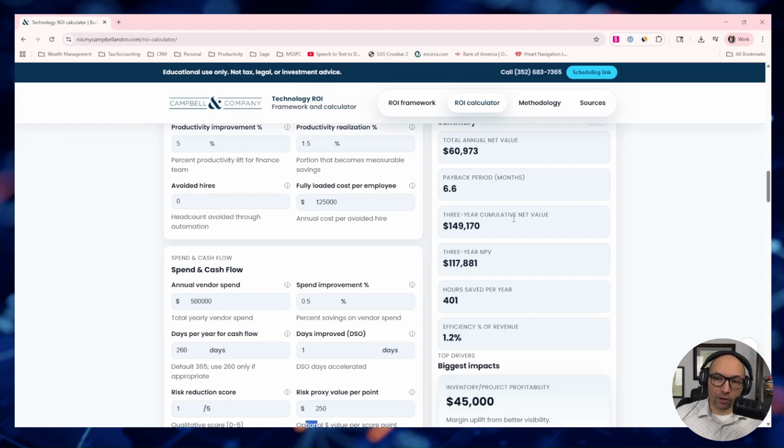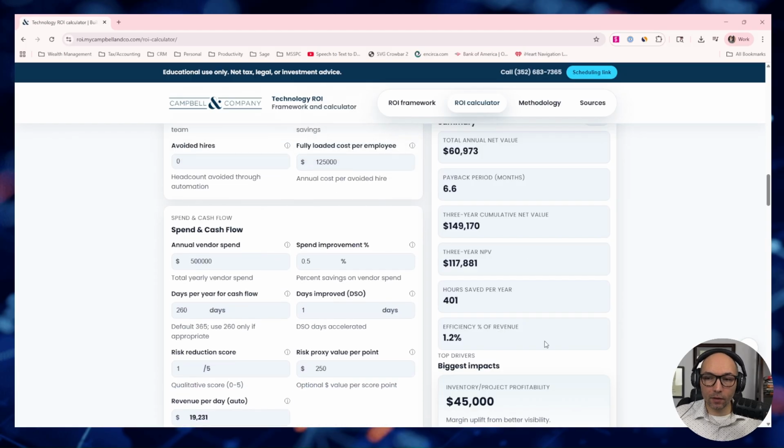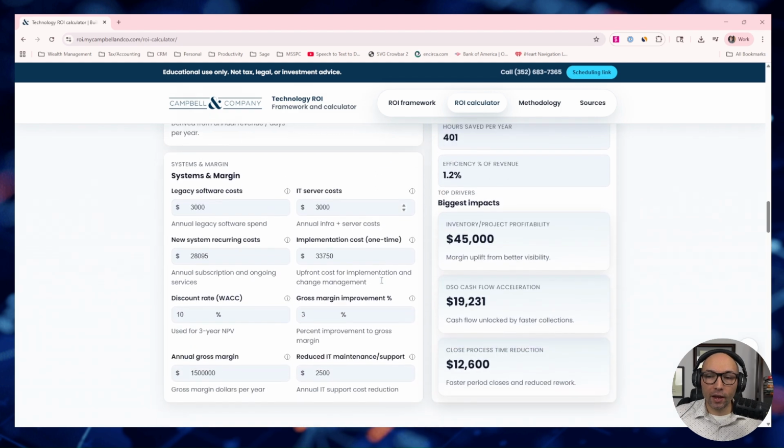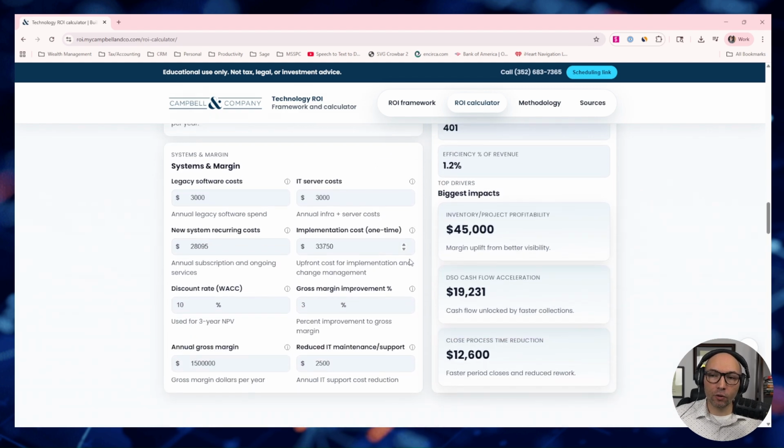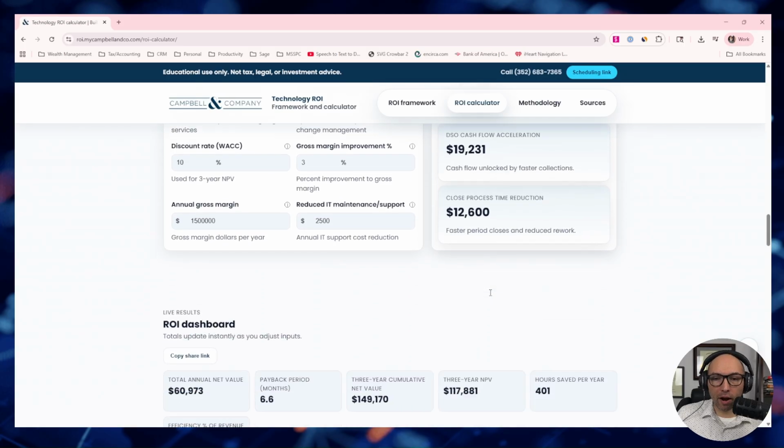If we discount it in today's dollars, the value of today, it's $117,000 of savings. 400 hours that we're saving per year, some efficiency and revenue, and our biggest impacts are inventory and project profitability. That's the margin impact, gross margin impact. In addition, we've got our DSO accelerating and the close process.